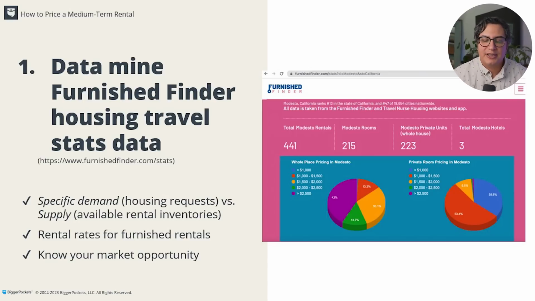Knowing your market opportunity is extremely important, and the way that we figure this out is actually by connecting with folks that are on unmatched leads, which we'll be talking about here in a few minutes. But this gives us a great idea and understanding of what our market opportunities are. So we're looking at whole homes versus individual rooms versus the total count of rooms and homes put together.